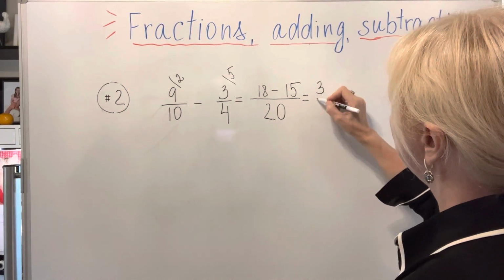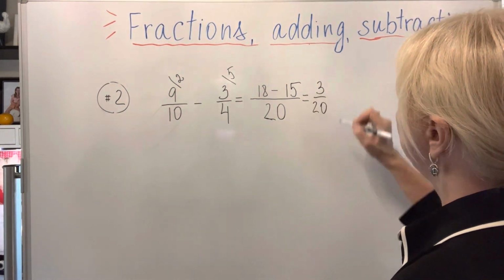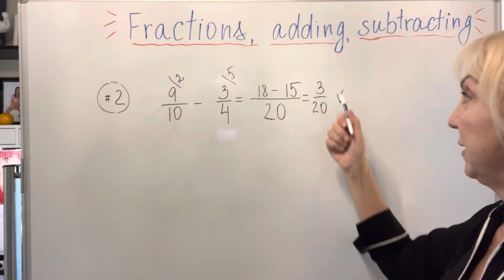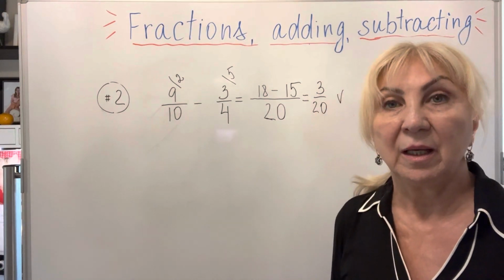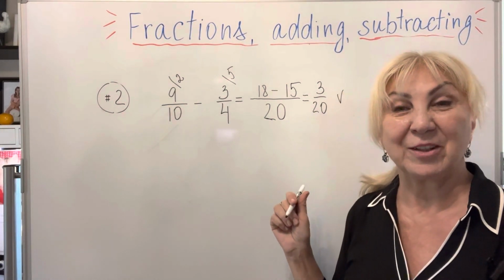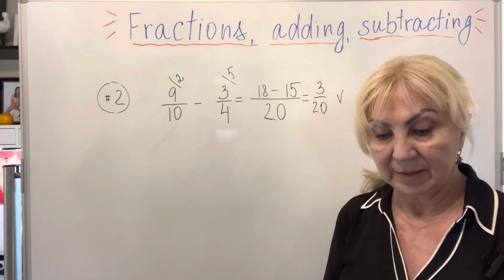It's 3/20. Yes, it is the final answer. Why is it final? Because 3/20, you cannot reduce. It's the simplest form of this fraction. And that's how we work out